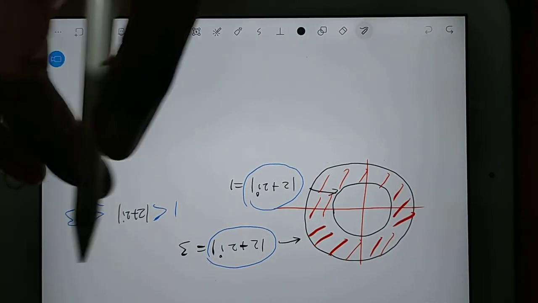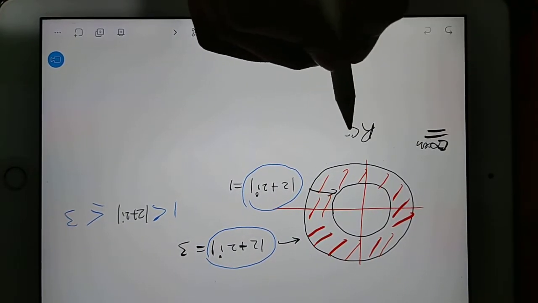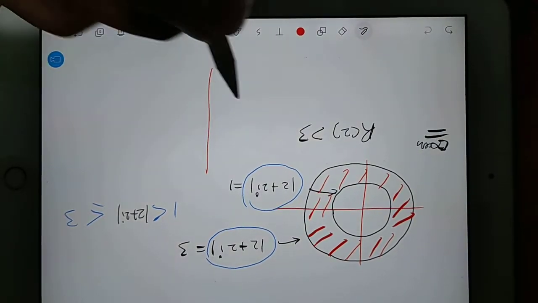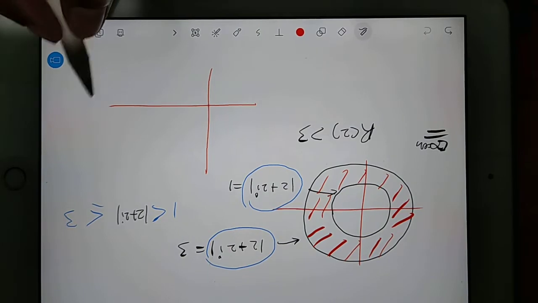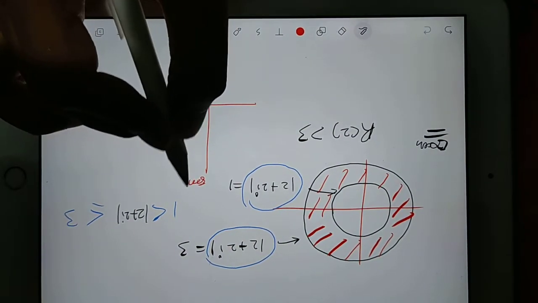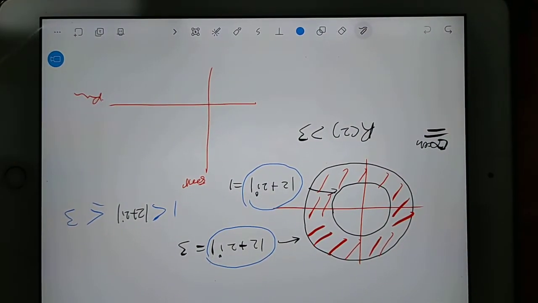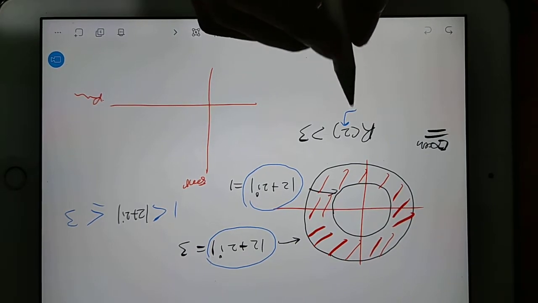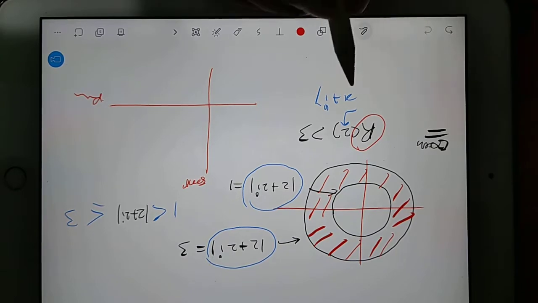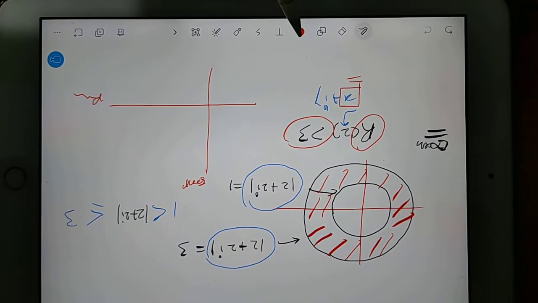Now suppose I am taking one more example. If it is written as R of z greater than 3, what does it mean? On your real and imaginary axes, you have any z, which is nothing but x plus iy. Why am I writing R? This R represents only the real part. So they are saying the real part is more than 3.